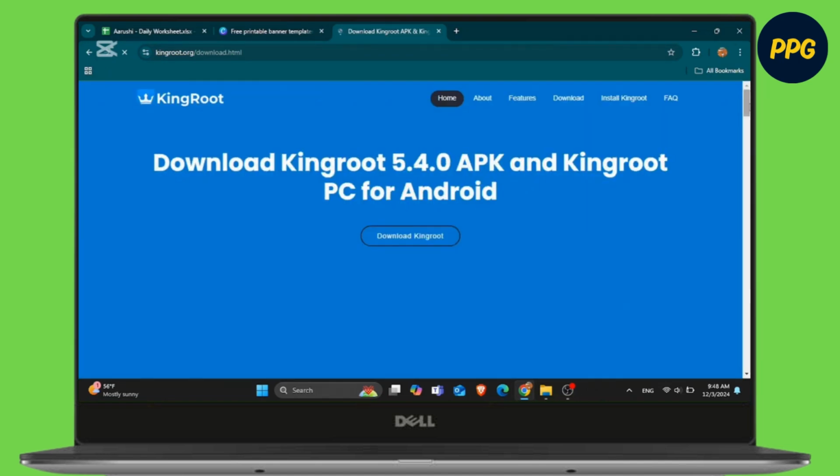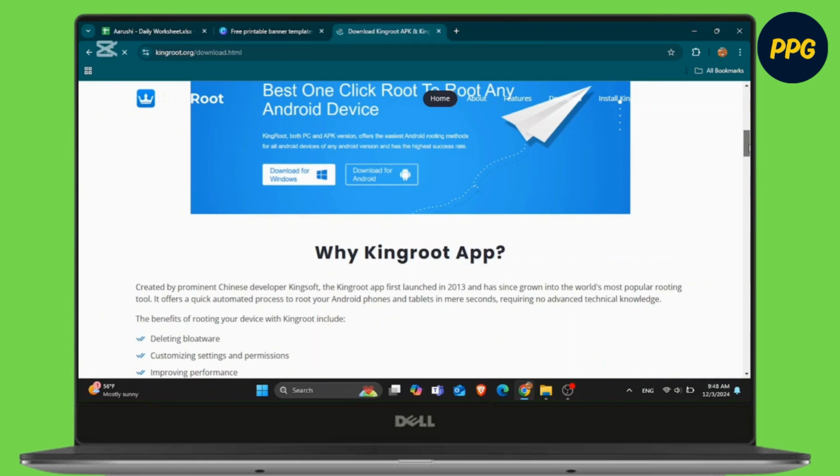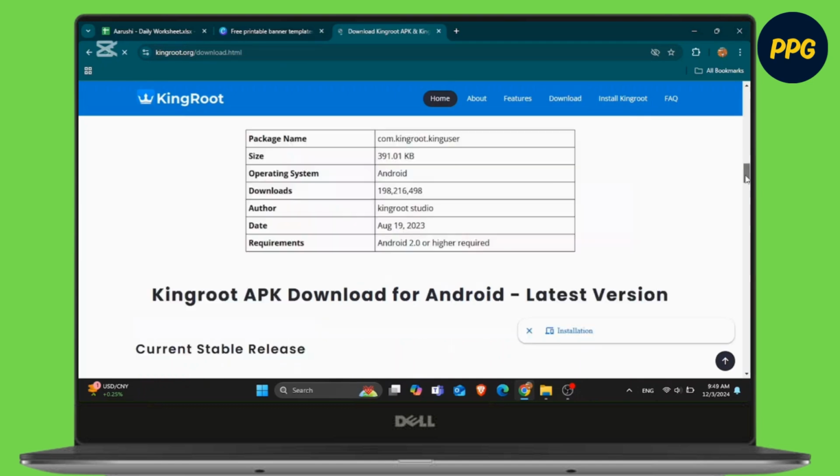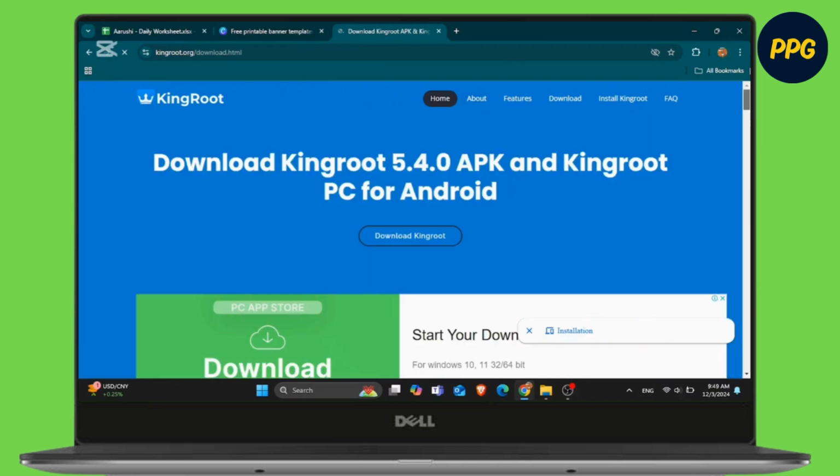You will see the option of download. Simply click on it and shortly KingRoot for your laptop or PC will be downloaded. Once the file has been downloaded, simply double click on it and the setup will start. Once the KingRoot process has finished on your laptop or PC, now you need to make some changes in